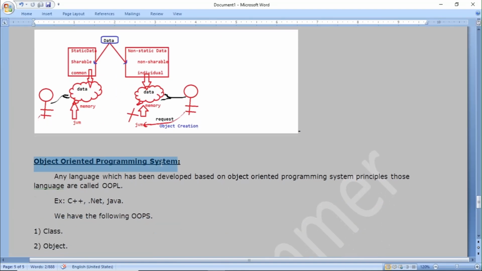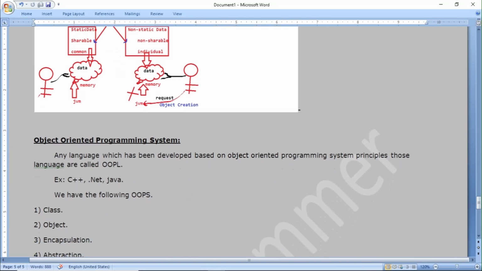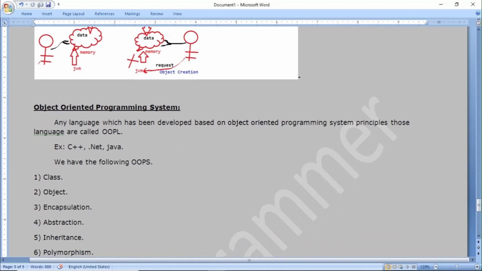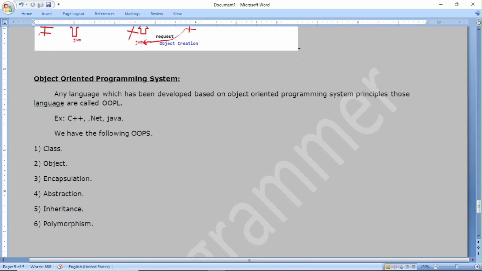Now we are going to discuss the OOPS concept a little. OOPS full form is object-oriented programming system. Any language developed based on object-oriented programming system principles is called an OOPS language. C++, .NET and Java support OOPS features.